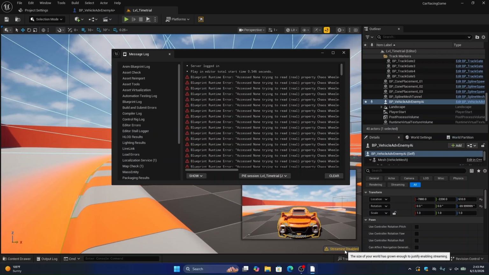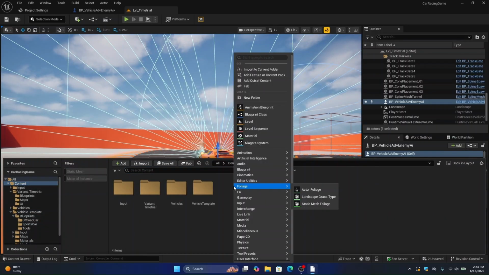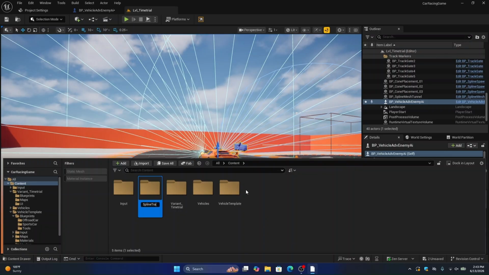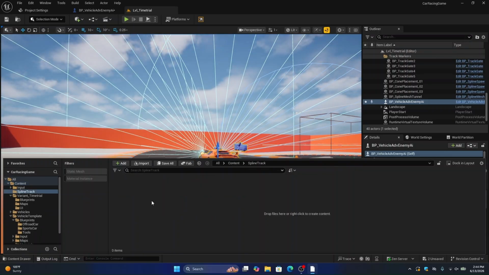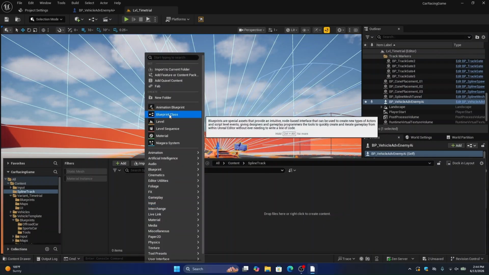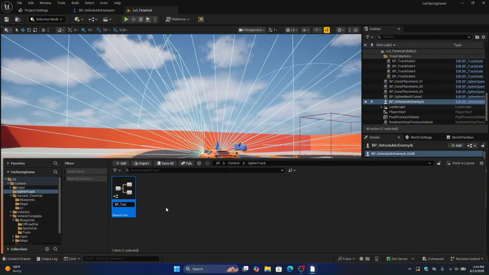So for that, let's open the content browser and create a new folder. Right click, create a new folder, and I'll rename it Spline Track, and I'll go inside this. And inside this, we'll add a blueprint class. So right click, go to blueprint class and add an actor blueprint class, and we'll call this BP_TrackSpline,